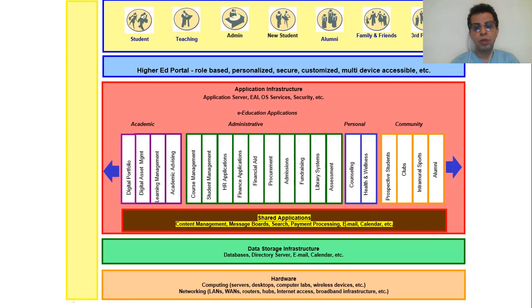So this is what we call integration. Now, when we spoke about the library, the system also needs to recognize that you are a student. So when you put in your student ID and password, the library system will ask the student management system, the SIS, whether such a student is available. The SIS will authorize this, and the library says, yes, we do have a valid student.